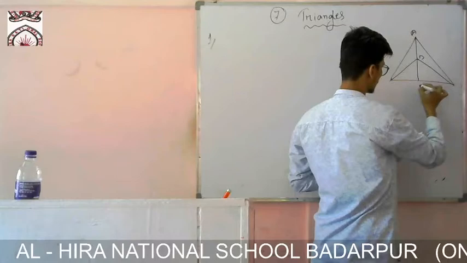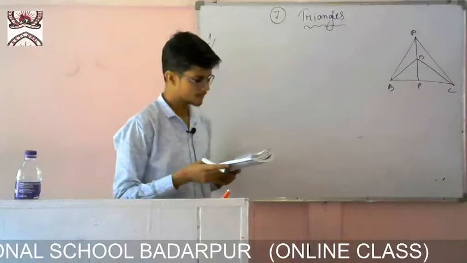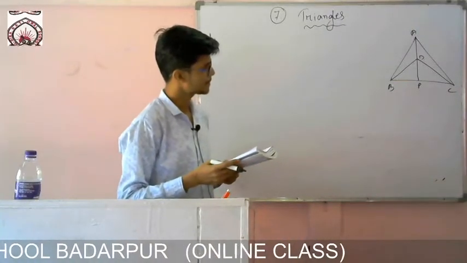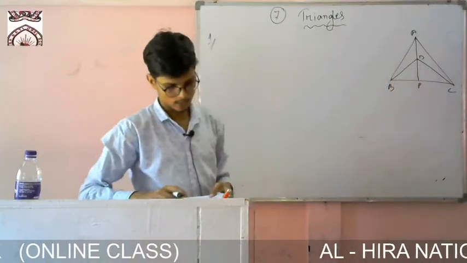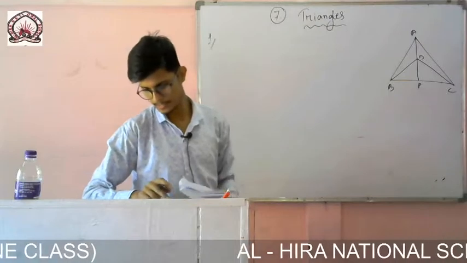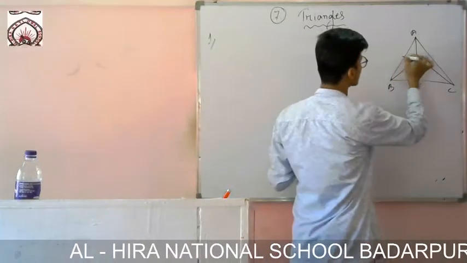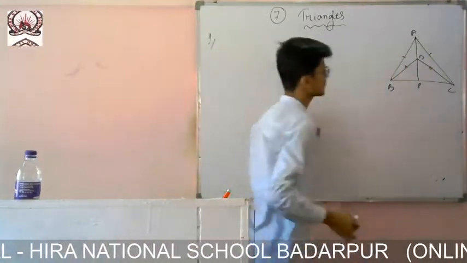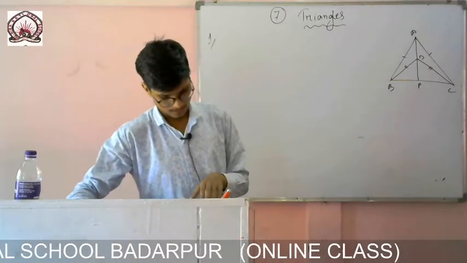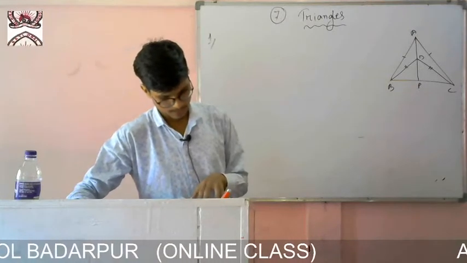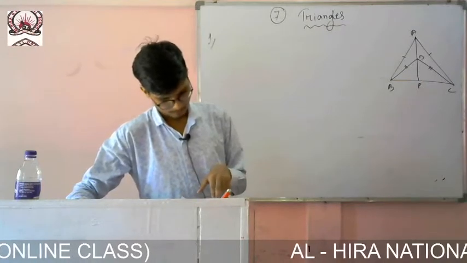A, D, E, B, C. So this is the figure. Triangle ABC, that is the whole one, and this small triangle DBC are two isosceles triangles. It is given in the question. So I can write that this side is equal to that one, and this side is equal to that one, because they are isosceles. And you see, they are on the same base BC, and the vertices A and D are on the same side of BC. If AD is extended to intersect BC at P, show that